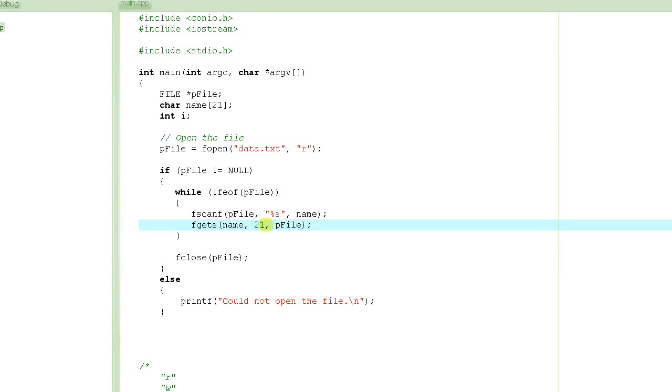Basically what it does is it reads from the file and then stores it into this array, and the number of bytes that it reads is one less than what you specify here. So you specify 21 here, it will read 20 bytes, and then it will put an end of string character at the end of this string name. Okay, now if the string that it's trying to read from the file is less than 20 characters,